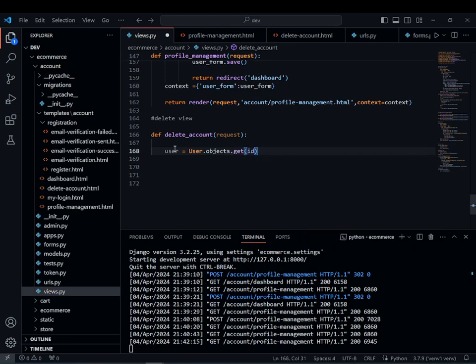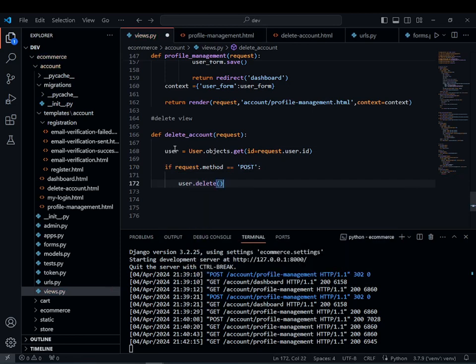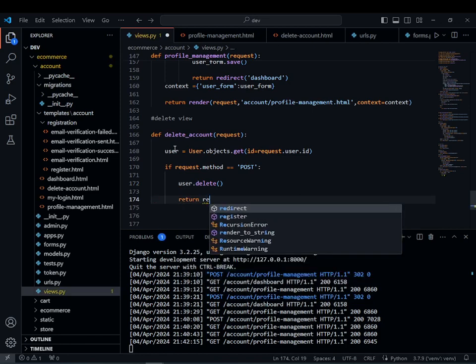We are going to check that if our ID in database is equal to request.user.id, and if that is, we want to check that if our request.method is equal to post, what we want to do is just user.delete, and after that we want to return our user to